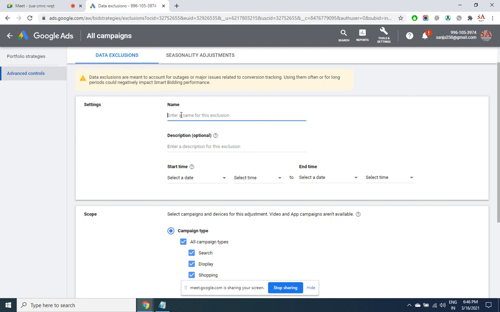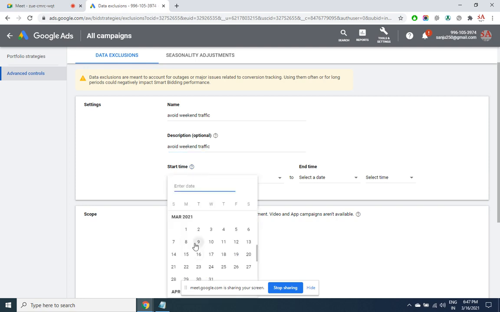So let's say no midnight traffic, or avoid weekends. Your ad will not be targeted during this time. This is the exclusion, not inclusion.